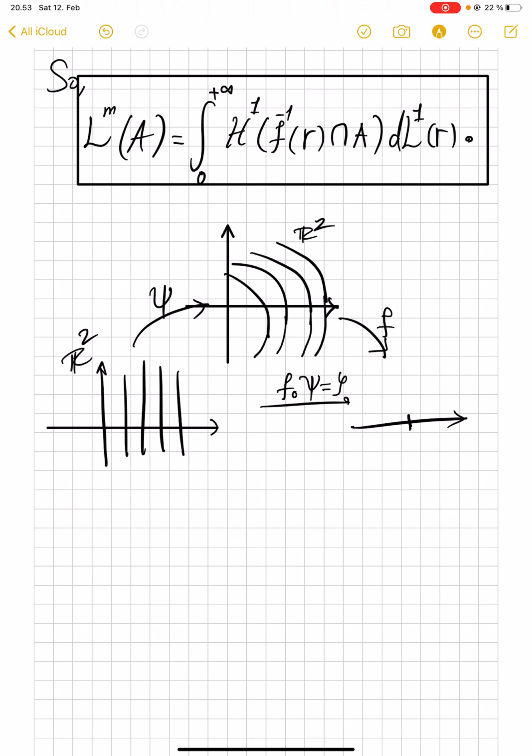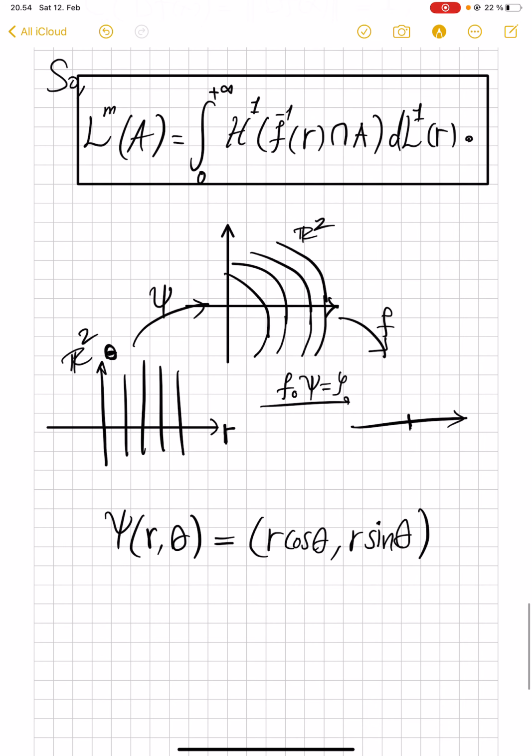And the answer is, if you want to really think about it, it's time for you to pause and do so. In this new copy of R2, we use the new variable names. It's just an artificial change of names. In reality, it's just a map between two copies of R2. But there is meaning in this r and theta. So this becomes r cosine of theta, r sine of theta. You can confirm that away from 0, which is a problem point,